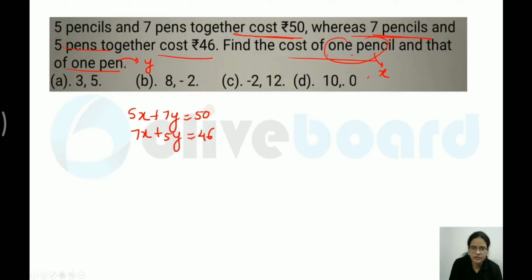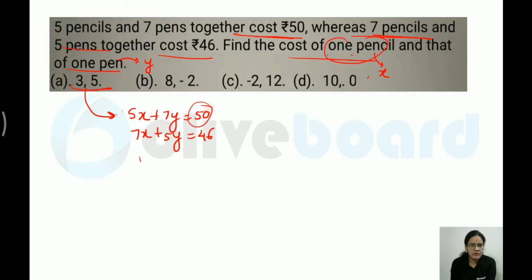So far, you do not know how to solve the equation, so I am going to tell you one short trick. What is the short trick? Whatever options are there, you just try to substitute those values and figure out which is giving you the solution. By the substitution method, which is a very good shortcut, let me substitute the first value over here.